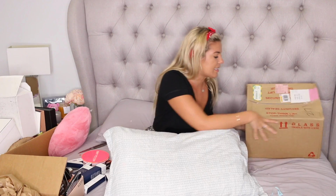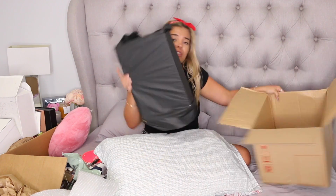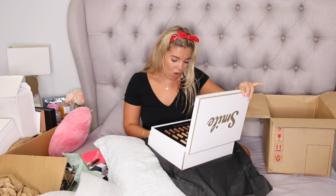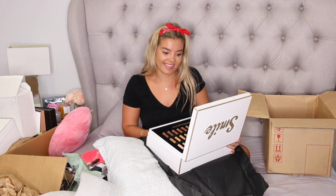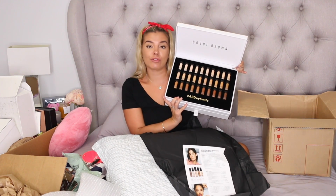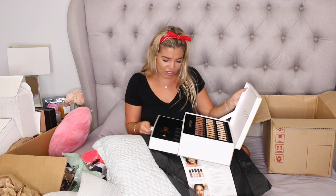Last but not least, this massive box. I'm not sure if it's makeup or clothes, so... Oh, that is so heavy. So cute. It says smile. Holy shit. Just casually every shade of foundation. It's not the full size, but they're like samples. Oh my god. Thank you so...